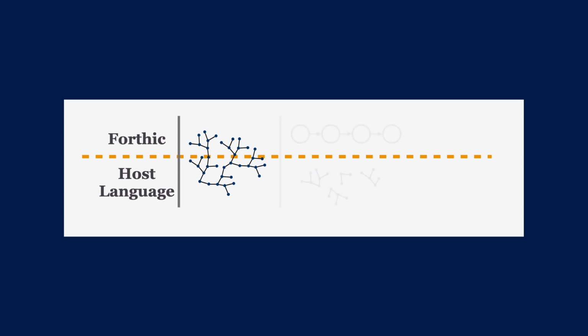And the top layer of Forthic can run in straight lines. I don't have an if statement. I don't have loops. It has more of a Haskell feeling in that sense, because we are dealing more with relationships between things and between categories. And because of that, that top layer becomes very concise. And the host language layer is where the computation takes place.